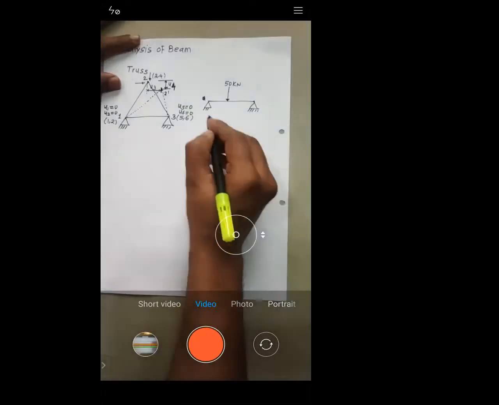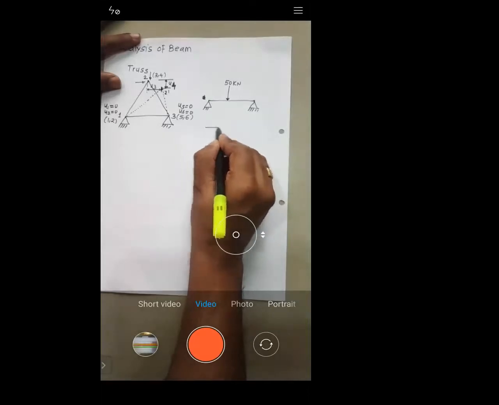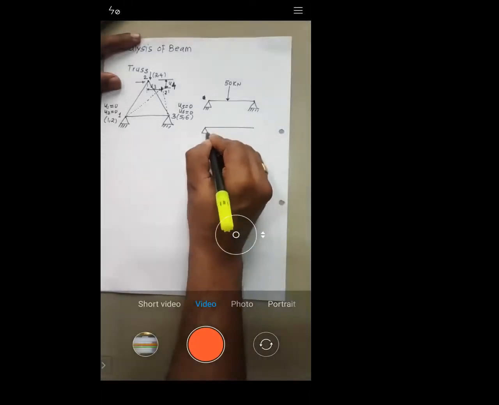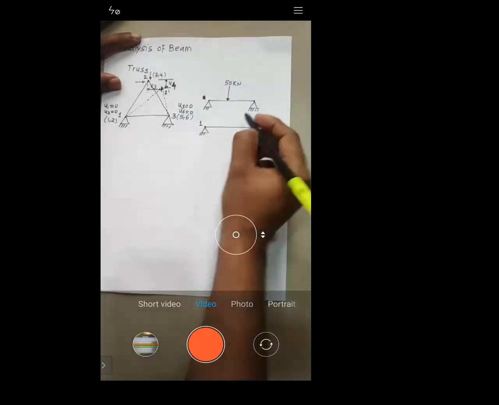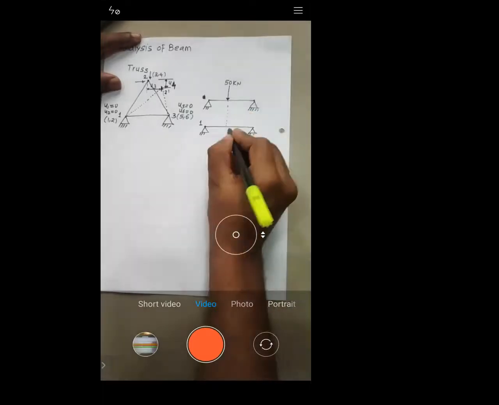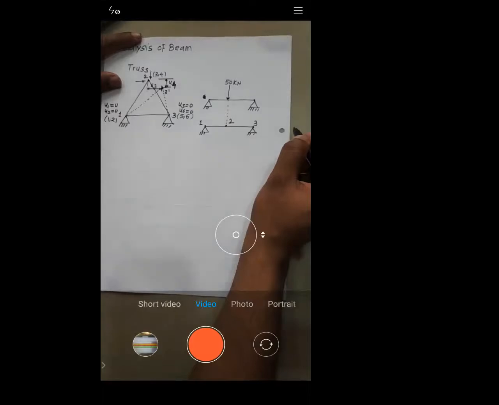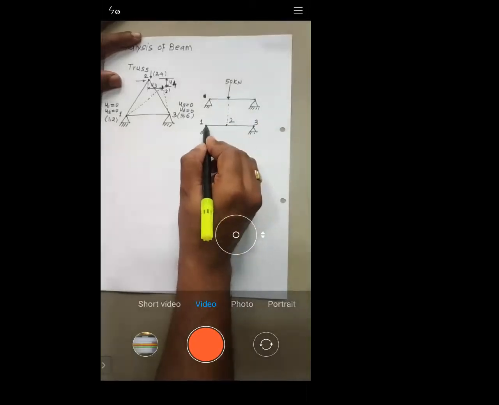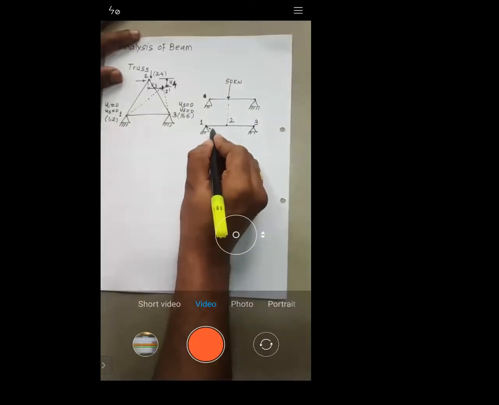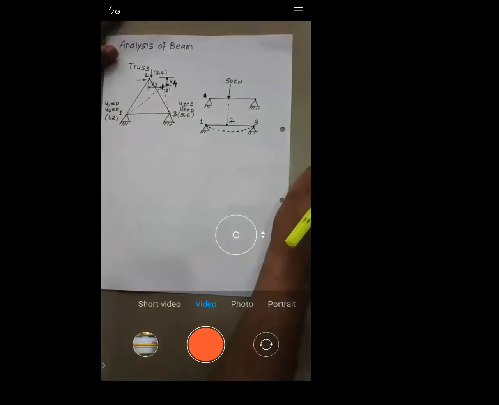So when you apply the load, what will happen is, see, this is the initial diagram which I will draw. This is the initial diagram, right? Now let me call this node number 1. Now the point where the load is applied, let me call that node number 2, and let me call this node number 3. Is it okay or not? Yes, sir. Now see, as a result of the application of load at that point, this beam is going to deform like this. Yes or no? Yes, sir.